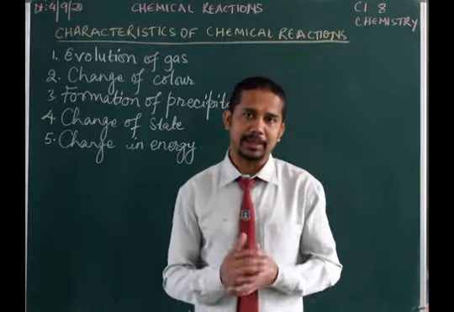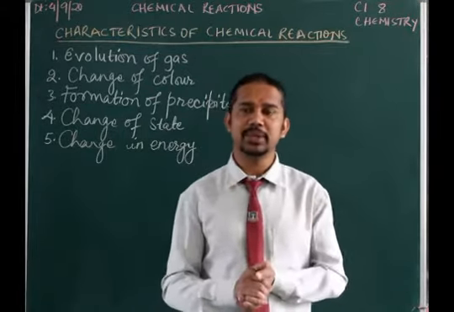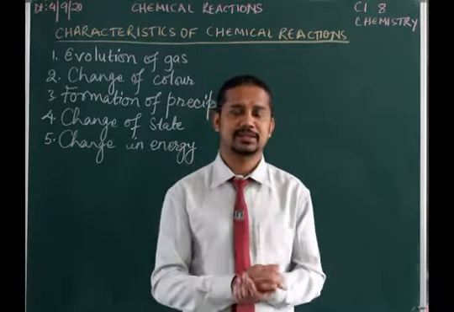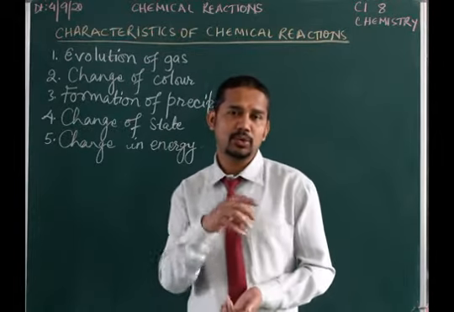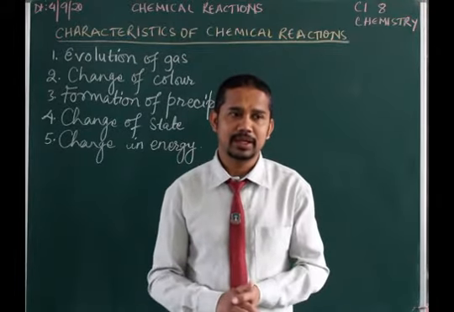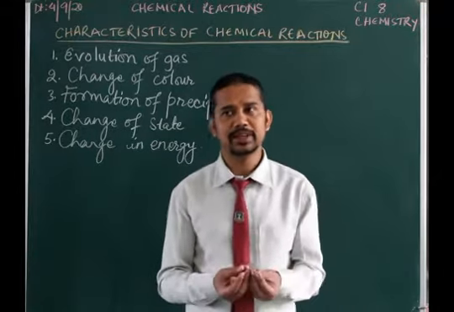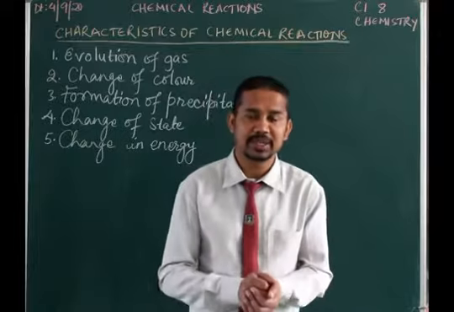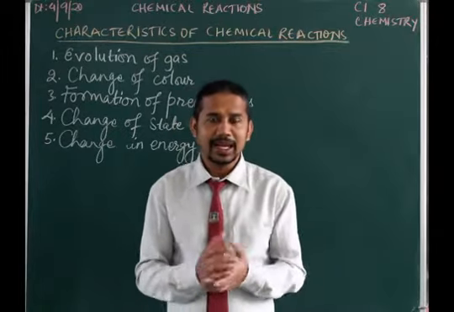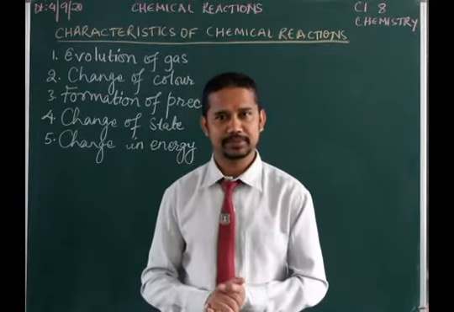For example, I'm a living thing. So how can I say that I'm a living thing? How can you say that you are a living thing? How can you say that a plant is a living thing? There are some characteristics of a living thing, and I have those characteristics, so I'm a living thing. For example, a living thing grows, responds to stimuli, dies, reproduces, and needs air to live. These are a few characteristics of a living thing, and I possess all of them. That's why I'm a living thing, and that's why you are a living thing.